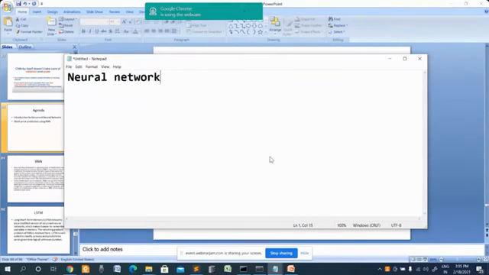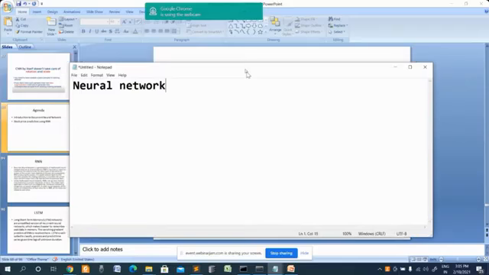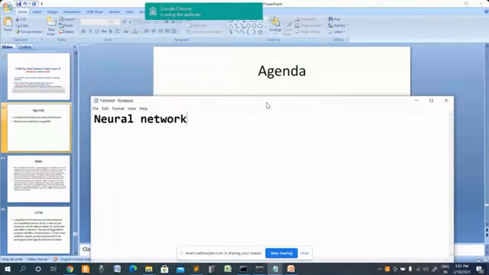As I told you, we would be simulating the way biological neurons work together to solve a particular problem. In the same way, we are using this neural network to solve problems with reference to artificial intelligence.